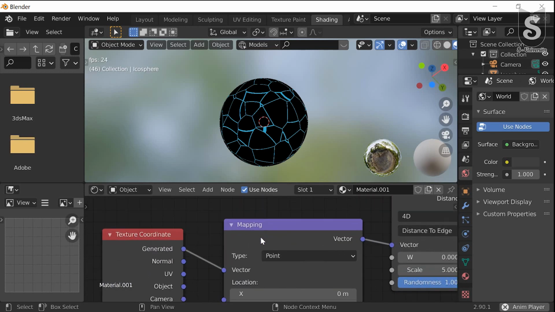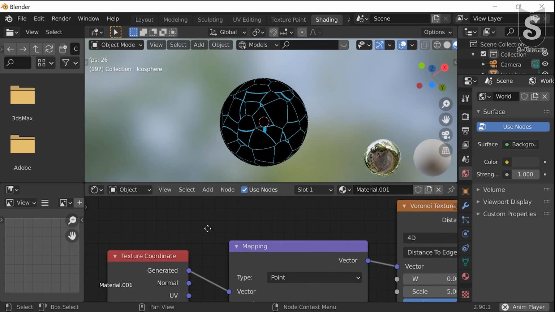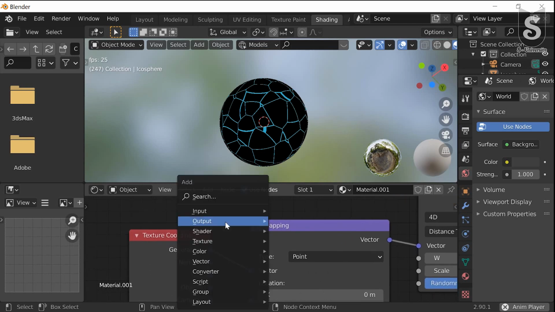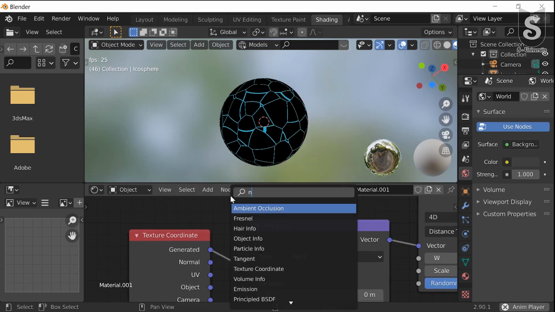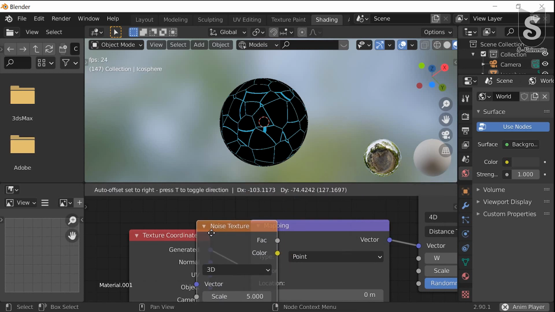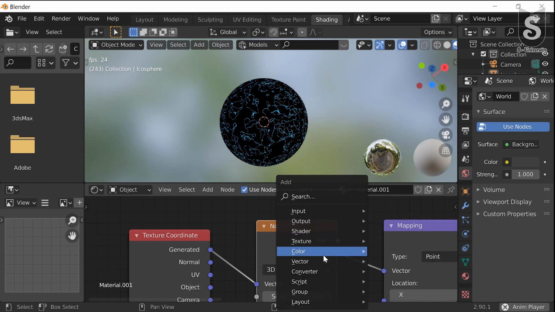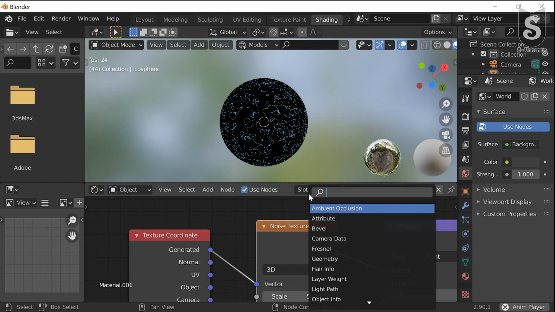Now we are going to add some noise texture. For this, press Shift A and noise texture. Place it between texture and mapping. Now press Shift A for mix RGB.